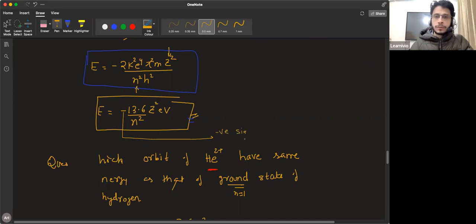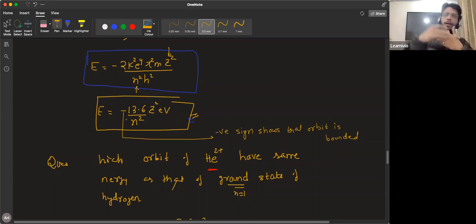Second, it is inversely proportional to n square, meaning if you go to a higher shell, the magnitude keeps on